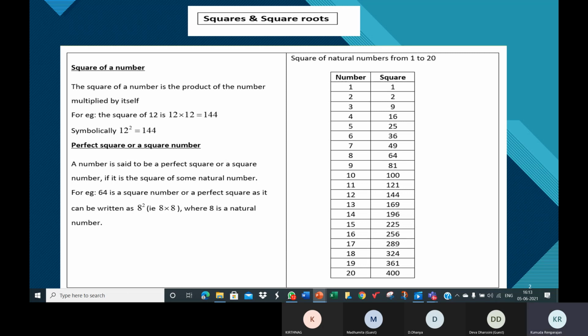In 1.3, there is 1 decimal place. Again, in the other 1.3, there is 1 decimal place. So in the product, there should be 2 decimal places, which means 2 digits after the decimal point. Now 13 into 13 is 169, and with 2 digits after the decimal point, the product is 1.69.